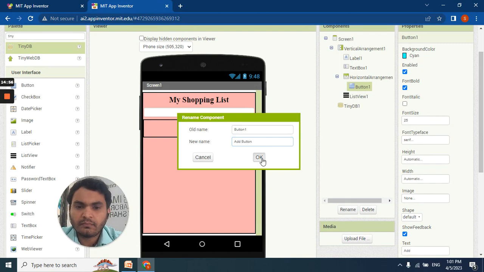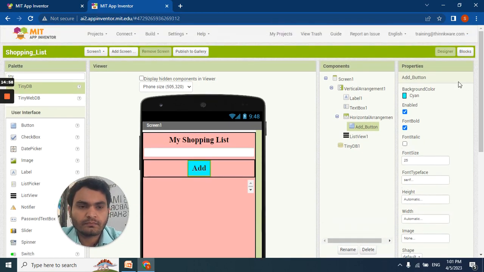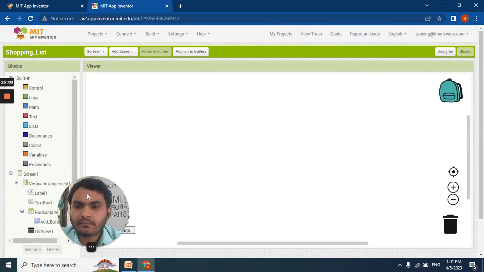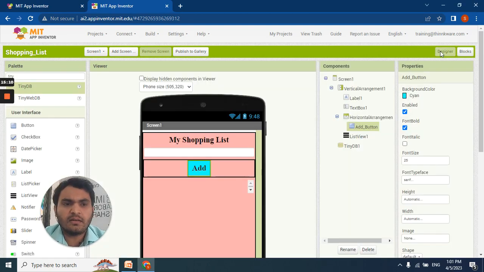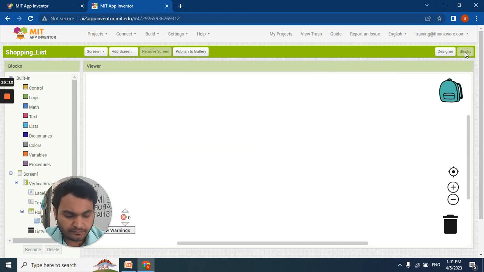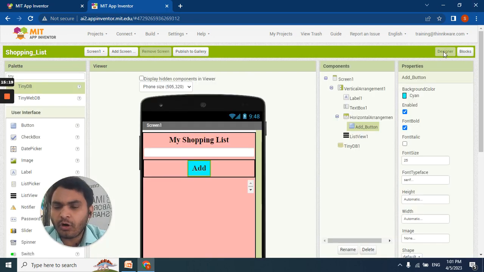Now let's go to the block section. So this is the block section. Now here the motto of this app is that whenever I click the add button, the list should be added to the list view component, right?